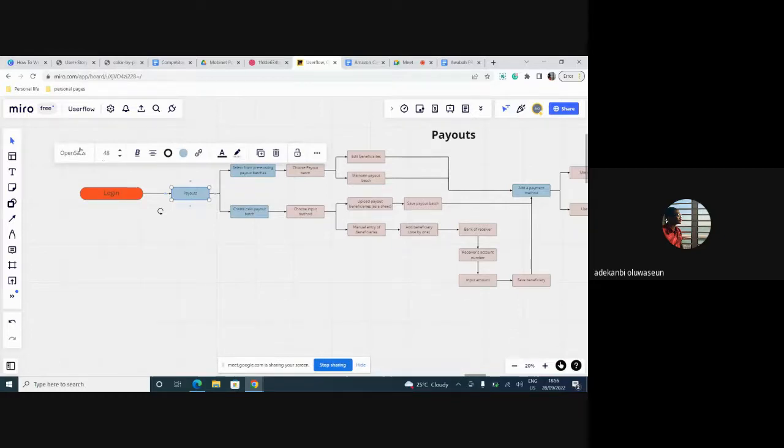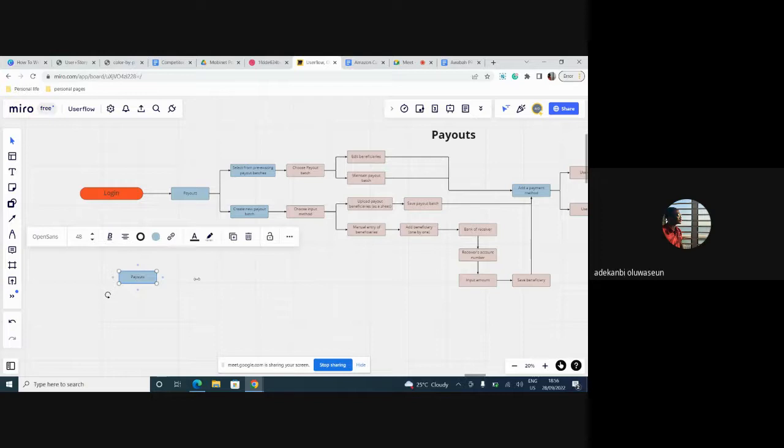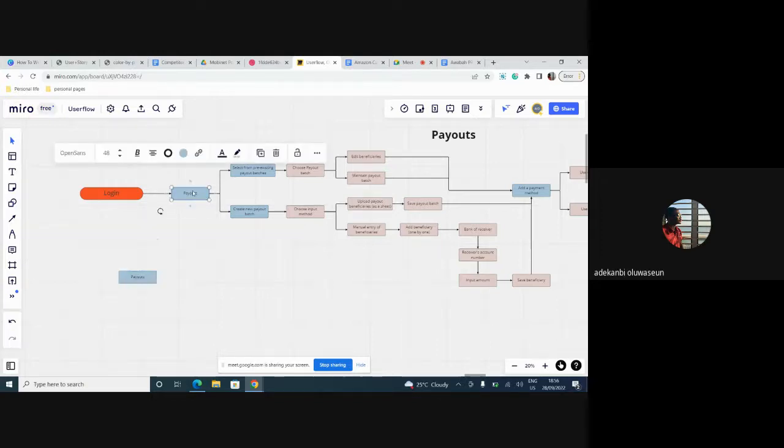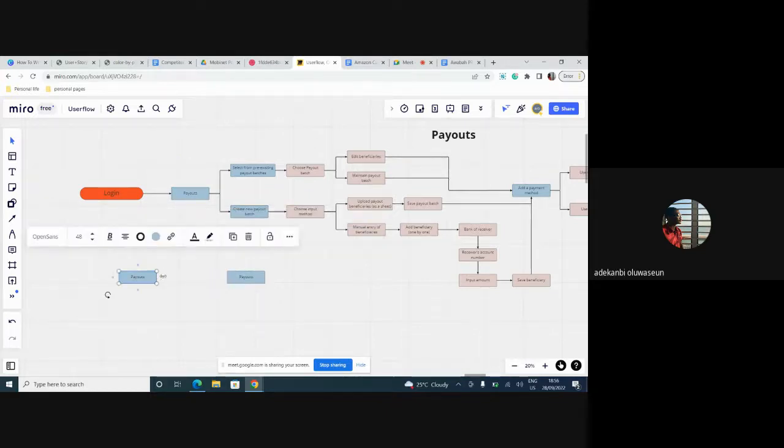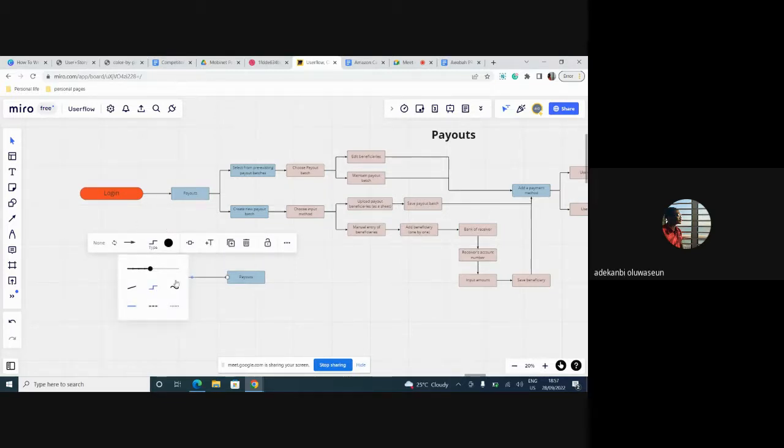This is Miro, right? If you open a Miro account, it opens as a board just like this, and these are boxes. Miro has a lot of templates you can use. Once you sign up and search for templates, you see a lot. It's as simple as picking out boxes. Look at this box I just created. Say I need to create another box. I create it here, then I map it. I've drawn an arrow here, and you can expand the arrow, make it deeper, make it clearer.